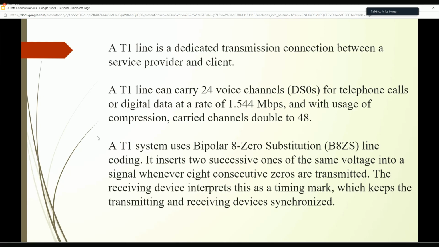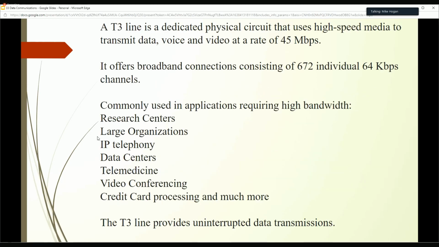You see that you can utilize compression to double that, to increase that. And then if you see with moving from a T1 to a T3, so now you've got your T3, which was 28 of the T1. So now you're at 45 meg